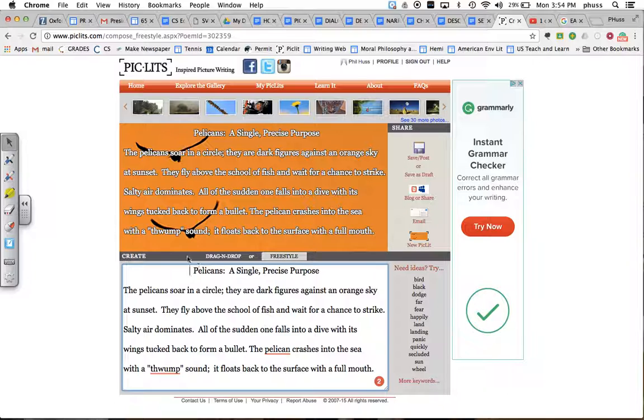And so, really short piece here, but all organized around the single precise purpose of the pelican to get that fish. But here are the 3 out of 5 sentences, right? Dark figures against an orange sky, visual imagery. Fly above a school of fish, visual imagery. Salty air dominates, smells. All of a sudden one falls into a dive, wings tucked, that's action, visual imagery, and